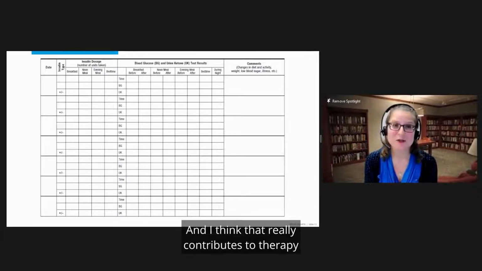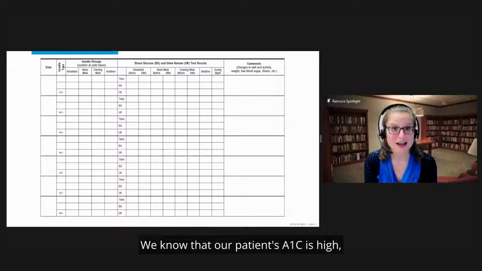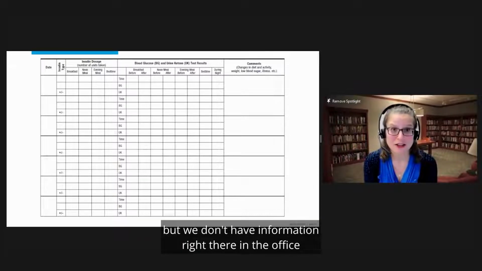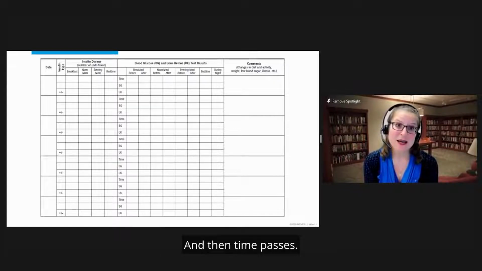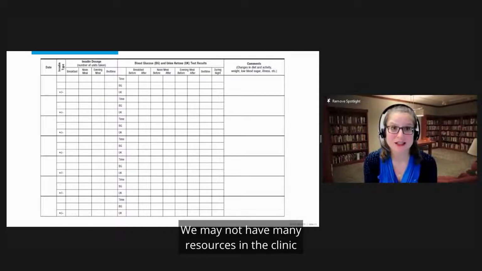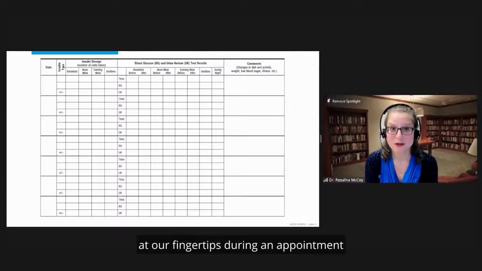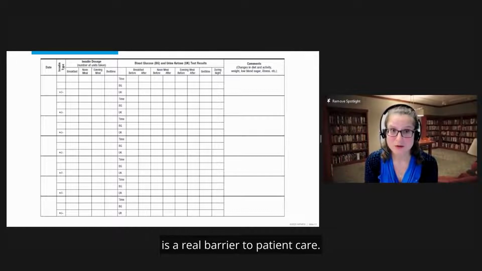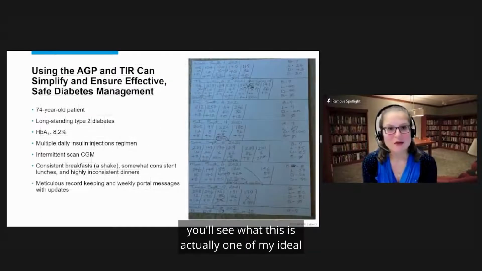And I think that really contributes, at least for me, to therapeutic inertia. We know that our patient's A1C is high, but we don't have information right there in the office to make any meaningful treatment decisions. And then time passes. Our patients may not be able to follow up with us. We may not have many resources in the clinic to follow up with our patients. So I think that lack of actionable, meaningful information at our fingertips during an appointment is a real barrier to patient care. If you go to the next slide, you'll see this is actually one of my dear patients who's